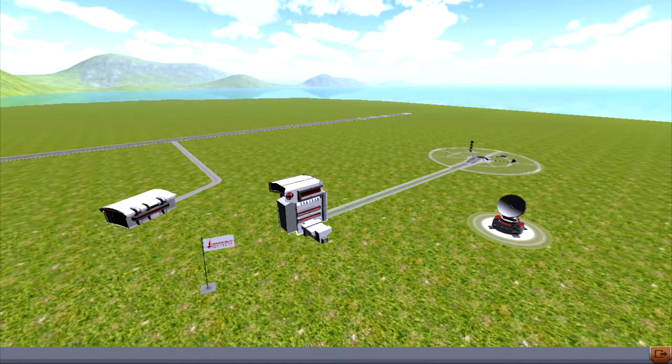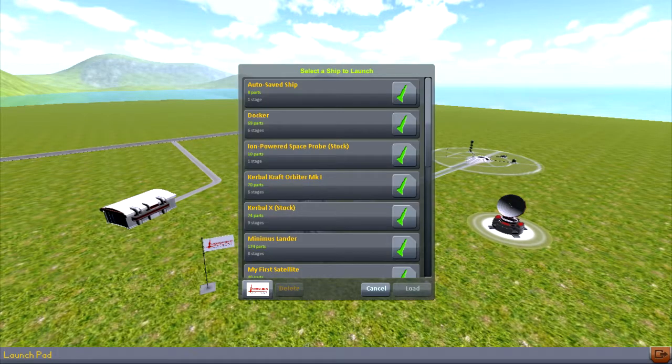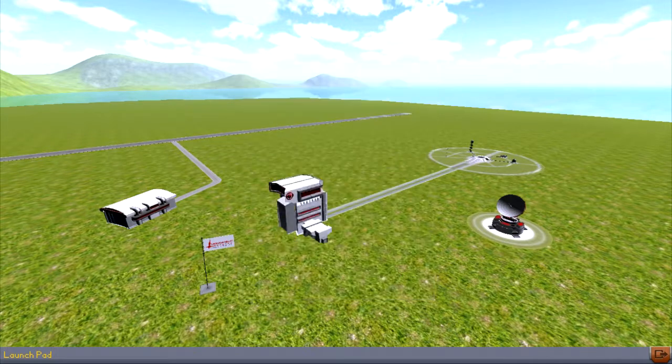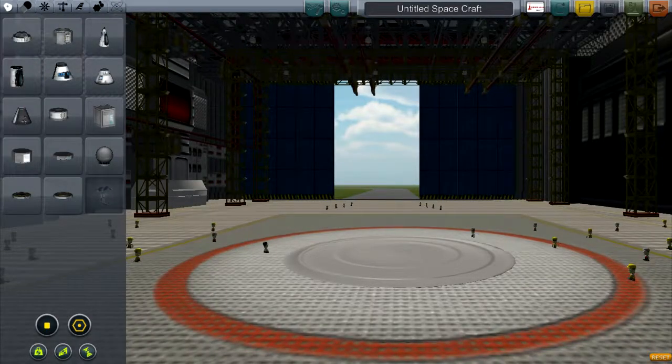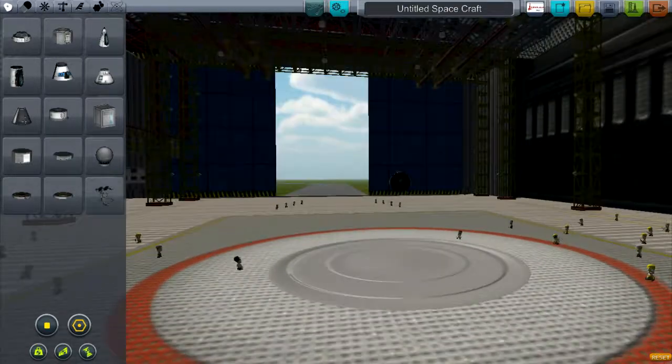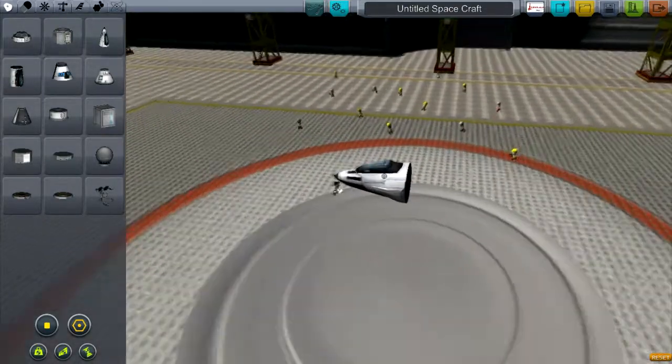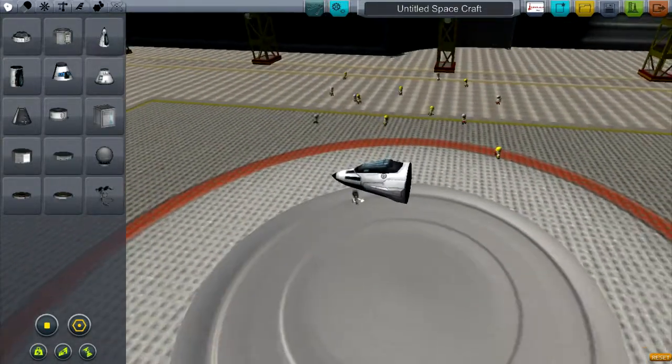Another little quick tip is if you click on either the launch pad or the runway, it'll just load up the ship save. So if you want to just launch a ship from there, you can. And then here is the spaceplane hangar. The spaceplane hangar is pretty much the same thing with symmetry and all that, except, oh, one thing I did not show you in the